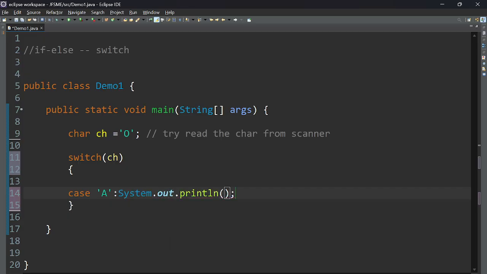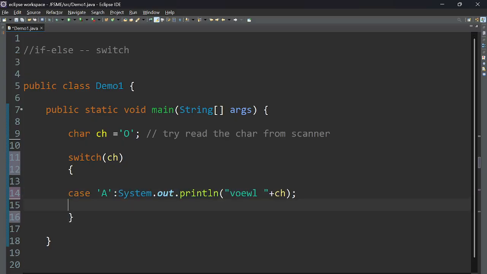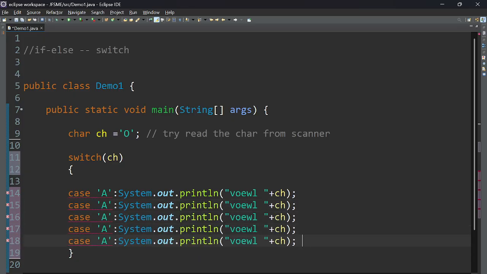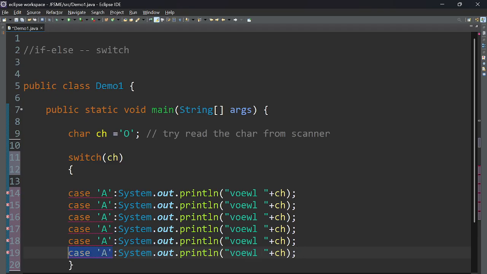If it is vowel a, then just print the statement as vowel plus the character. Similarly for other cases also I can write switch case e, i, o and u. Like we have else, we can write a default case. What should happen if it's not in the above provided case? In the else case, not a vowel. That way we should be able to achieve whatever we have achieved in the previous example itself,